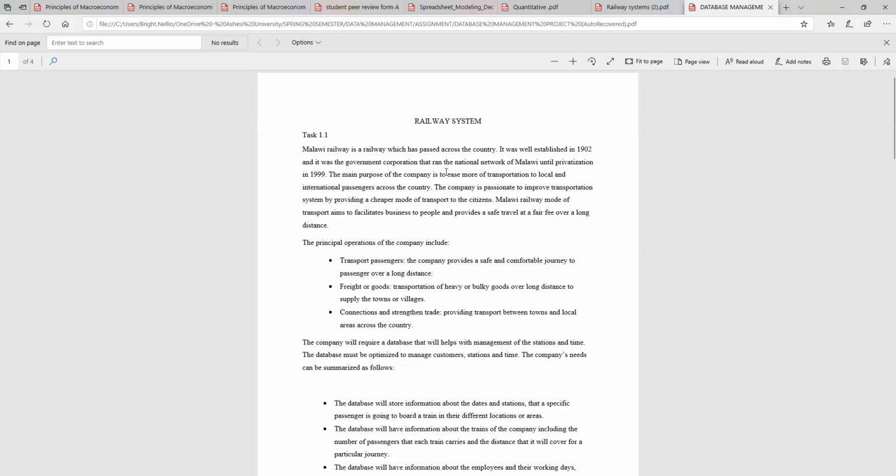I'm here to present you with my database final project with the topic of railway system. So this is a part of my scenario that I came up with according to the topic of my program. I'm dealing with a railway system program whereby I'm looking at a Malawian company which handles the railway transportation in